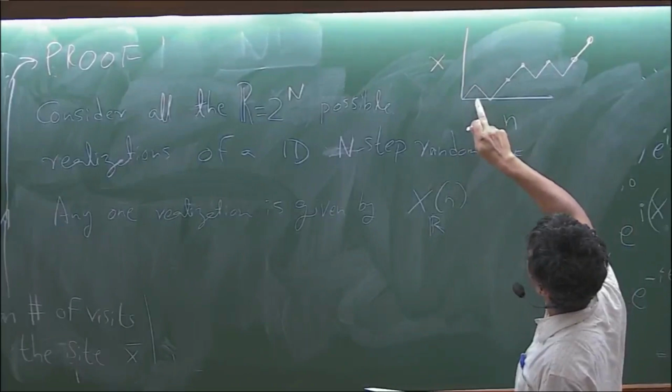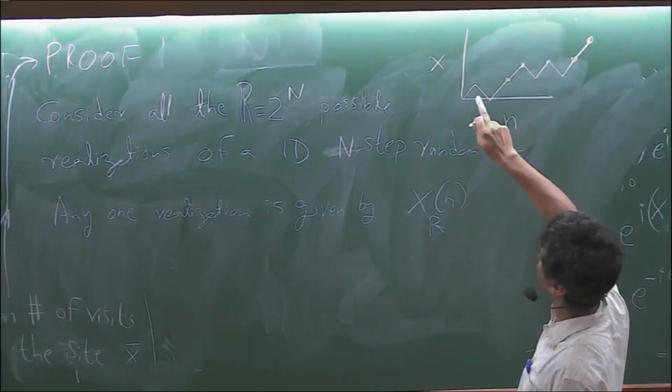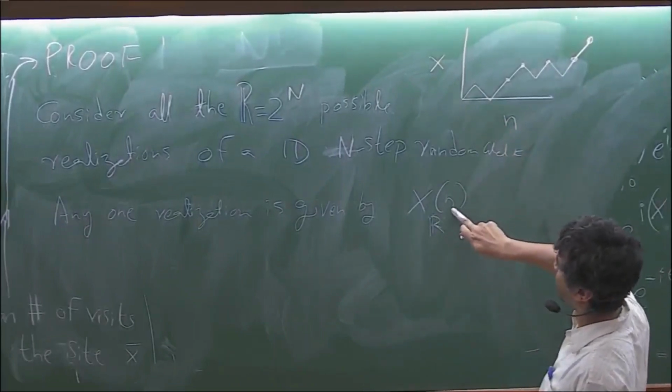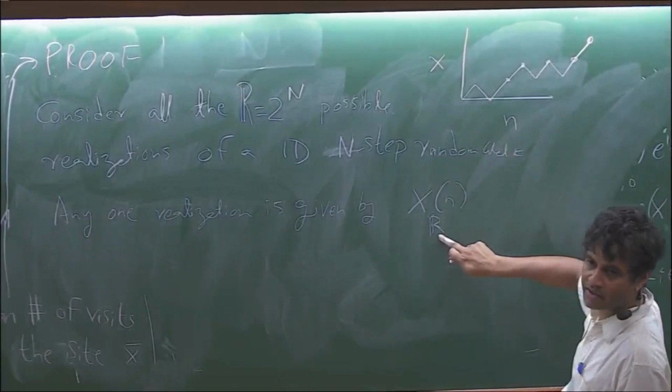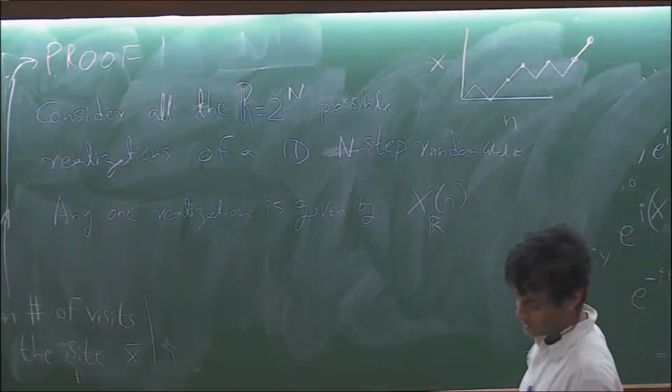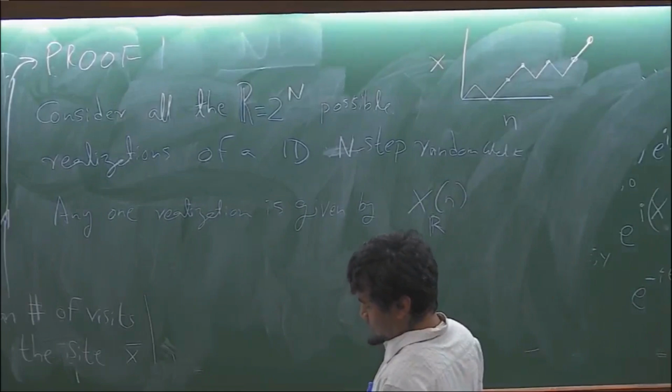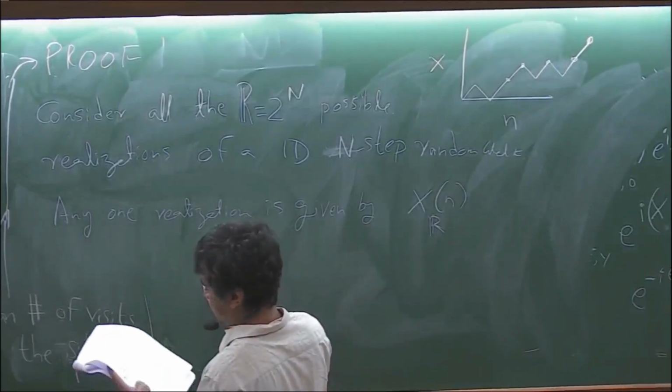At each n, x is specified. So x is a function of time, and it depends on the realization. Each realization is some function of time. Okay, then I can write